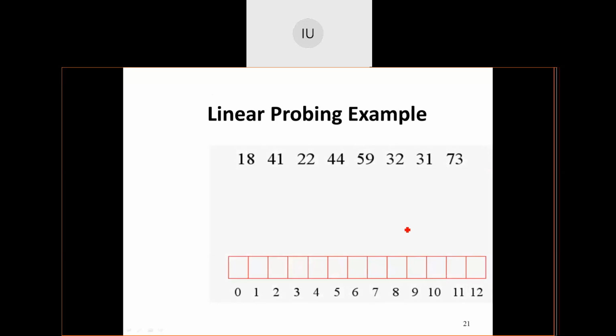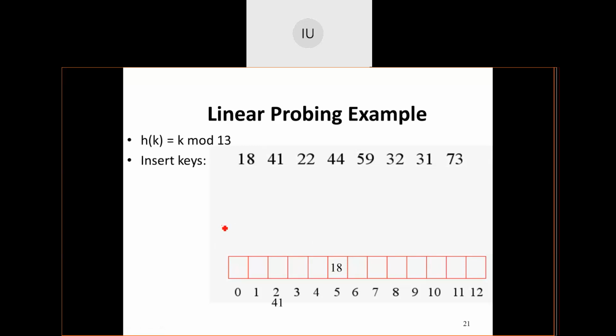Table size is 13. Where does 18 get placed? Where does 18 get placed? It's at 5. Correct. 41 mod 13 you have to do.